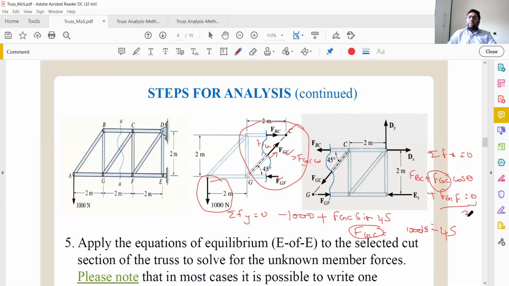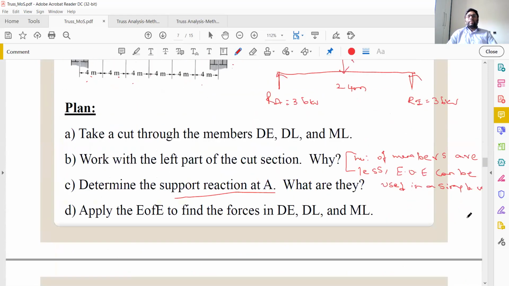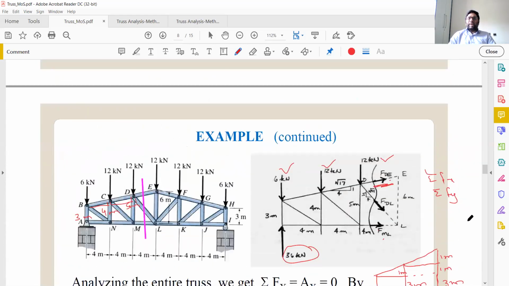FBC and FGF, we are not getting it because we have 3 unknown forces and we have only 2 reactions. And that's where in method of sections, you can always have the flexibility to use the third condition, that is moment. Same thing was applied here. So what do they have? Sigma Fx 0, sigma Fy 0 and sigma M 0. So when they are calculating sigma M, what they need to do? They need to apply it at any moment at a joint.